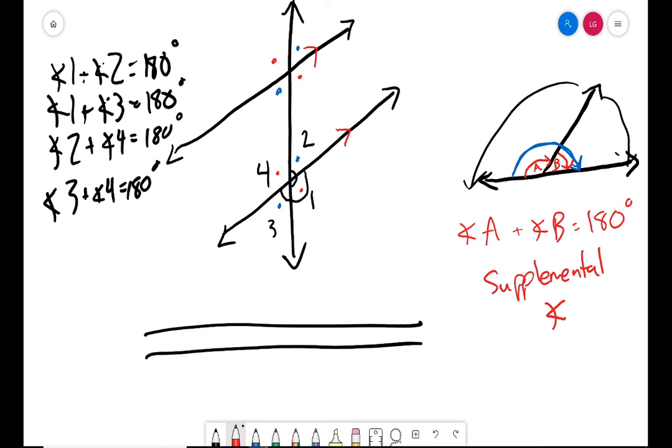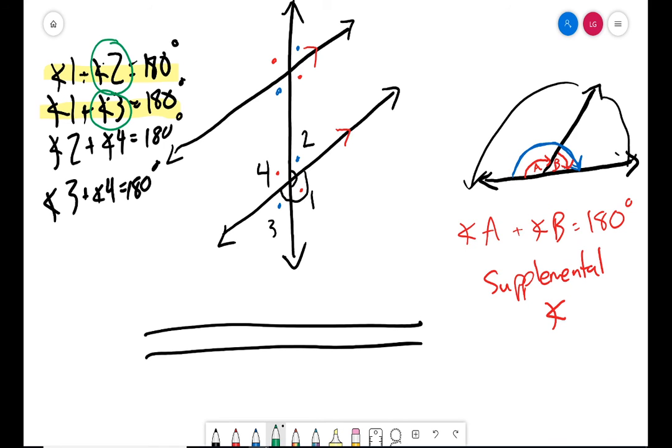So I was intentional here with the color that I'm using, right? The ones that I labeled with the red dot and the ones I labeled with the blue dots. And you might see why. You might already be seeing it. If angle 1 plus 2 is 180 and angle 1 plus 3 is 180, then we actually know then that angle 2 and angle 3 must be the same